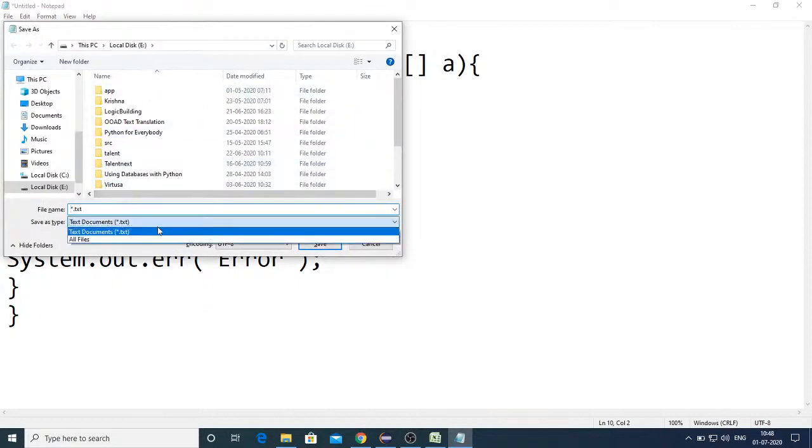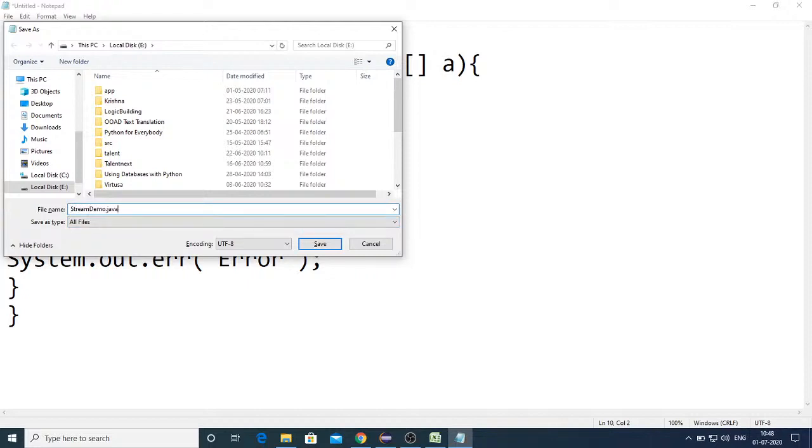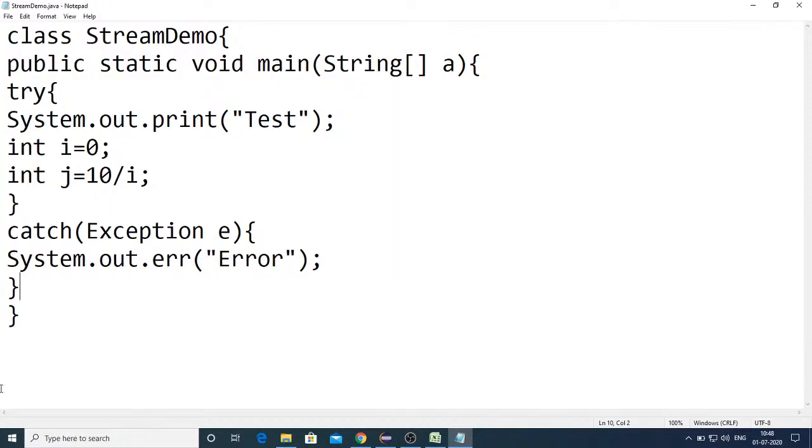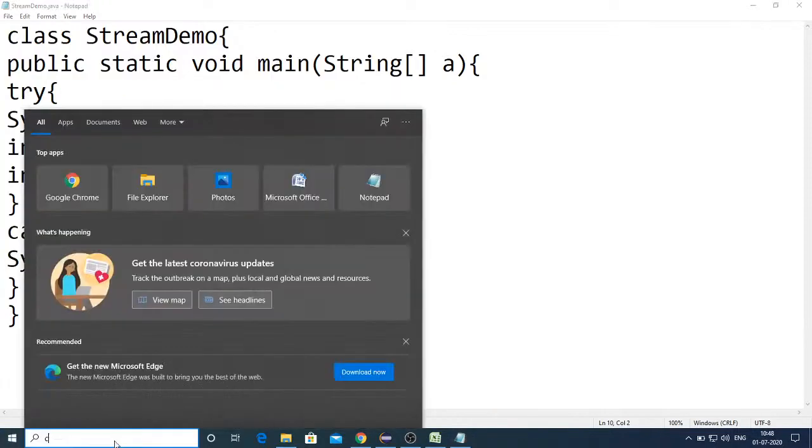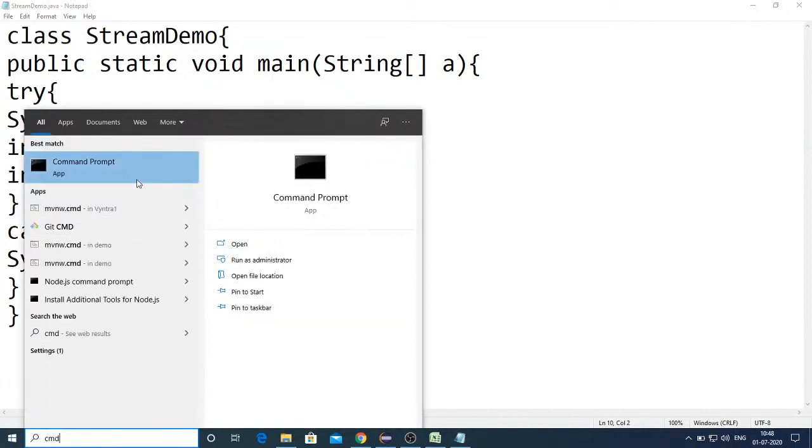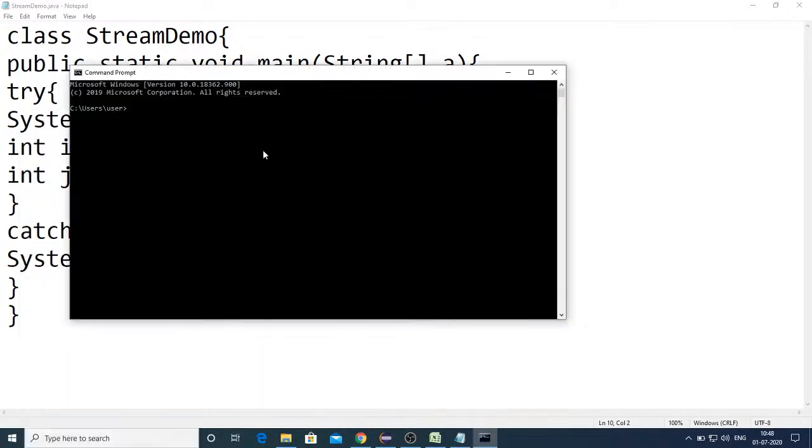Let me use it in E drive, and in E drive I'll save it as StreamDemo.java. And now what we do is we'll open the command prompt. So let me change it to E drive. So E colon enter, and since I have directly saved it there, let's compile it in E drive.